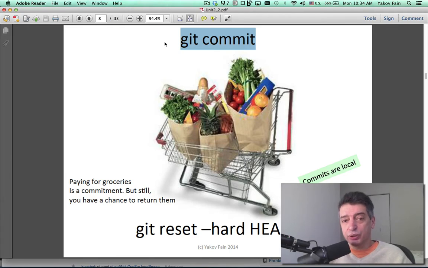Of course, if you want to undo, you can, similar to a supermarket. You can go to customer service and say, you know what, I don't want these eggs anymore. Can you please credit me? And you can return it. The same way with commits, you can undo. There is a command git reset. I'm giving you all these commands which you will be entering